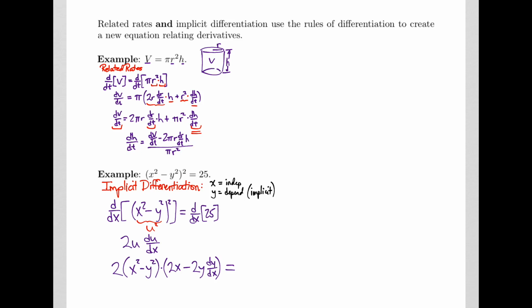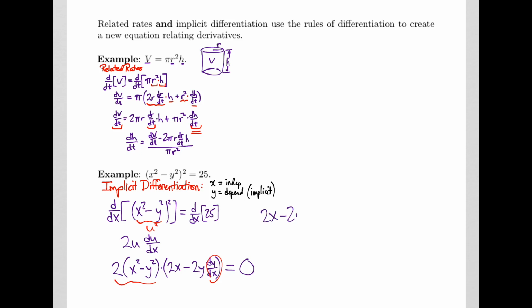The derivative with respect to x is 0, because x was my independent variable. This is my related rates equation, and I can solve for my rate of change, my derivative dy dx. Well, this equation is set up so that it's a product equals 0, and if I'm solving for dy dx, so long as x squared minus y squared is not equal to 0, I must have 2x minus 2y times dy dx,